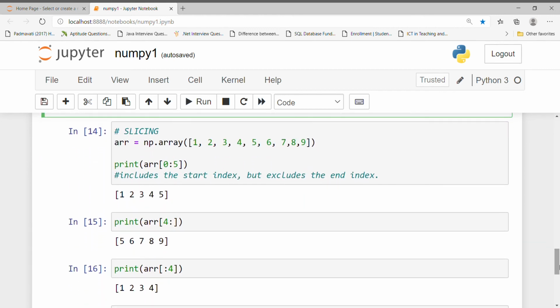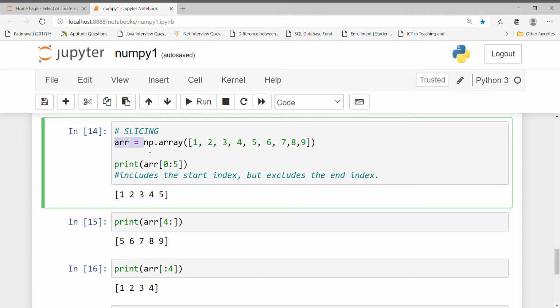Now we will move towards slicing. Slicing is nothing but giving a starting index position and an ending index position of an array. Those elements which are present between the start index and the end index, we have to print. So here arr contains this array. Here I have given the start position as 0. From the 0th position you start printing the elements till the 5th position.